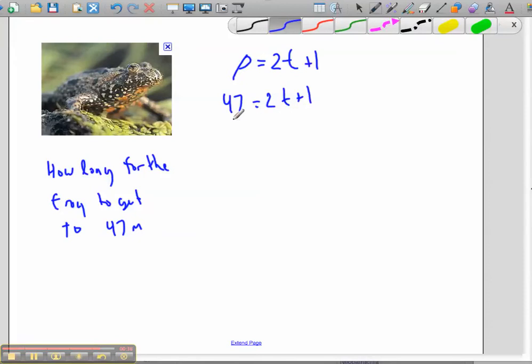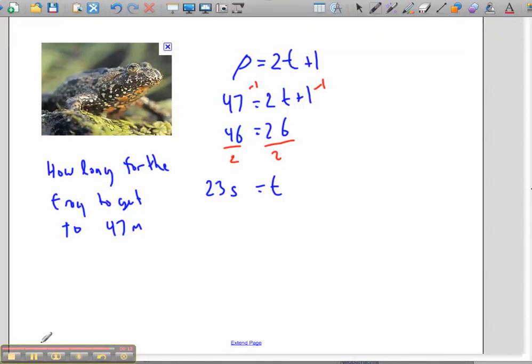Subtracting 1 from both sides gives us 46 equals 2t. Divide by 2 gives us t equals 23 seconds. And that's our answer to how much time it will take the frog to get to that position. In the next segment, we'll look at